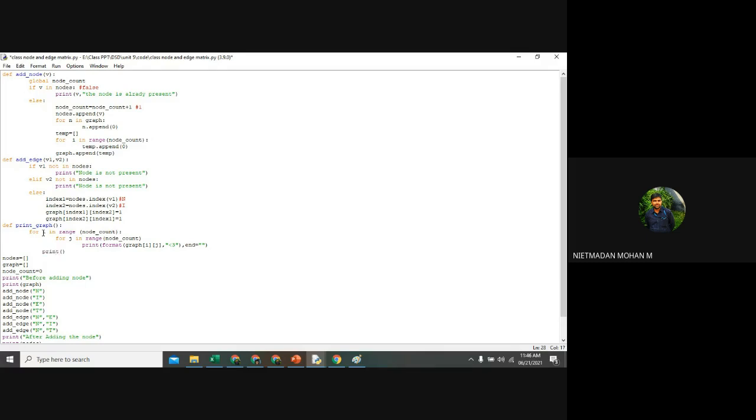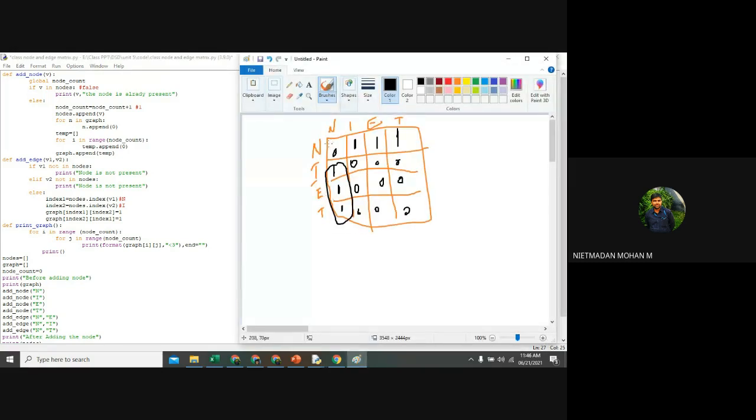So what it means is, it will take this ith position. This is my ith position. In the node count, it will count the first node. The first node has been incremented, and after that it will go to the second node. It will take the ith position and compare it with all the remaining positions in n. Right?